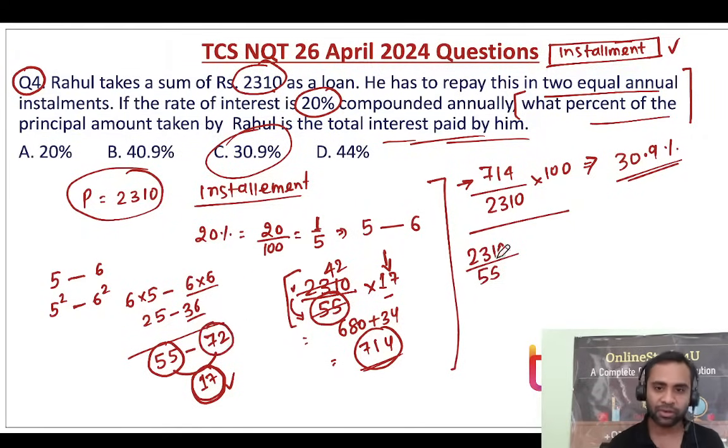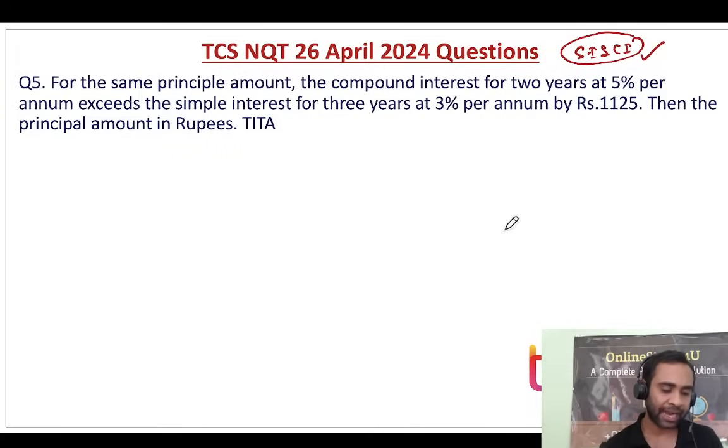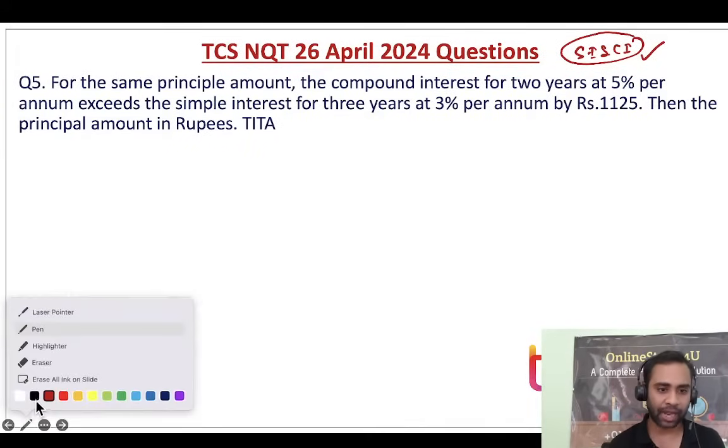Now in the same question, if you would have to calculate the amount, then what is at the place of amount? Sir, 72 rupees. If in the same problem you would have to calculate installment, then what is our installment? Sir, this 36 rupees is our one installment. So like this, we could have done it. So why not multiplied by 72? 72 is our amount.